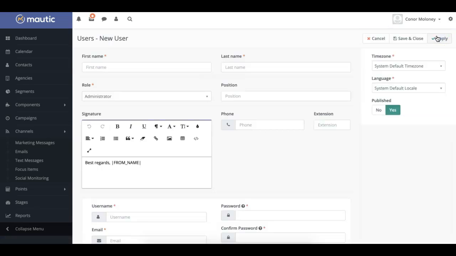In the New User Builder, you can manage the permissions of your new user by selecting which role they are to occupy, using this drop-down menu here. Once you're done, simply press Apply in the top right-hand corner, and then you can save and close using this button here. If you want to alter the permissions of existing contacts, all you need to do is change their